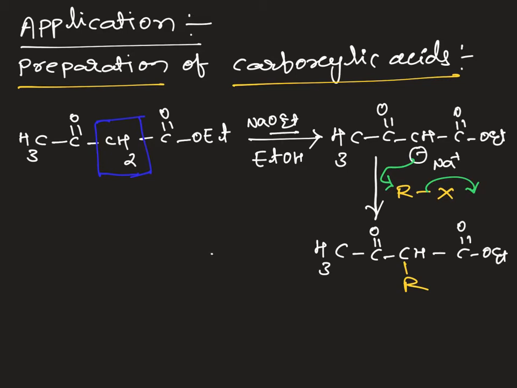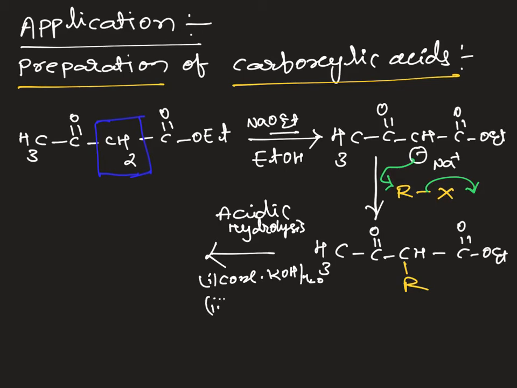And next step, if we require a carboxylic acid, what kind of hydrolysis do we have to use? In the last class we discussed that ethyl acetate undergoes two types of hydrolysis, ketonic hydrolysis and acidic hydrolysis. Here our end product is carboxylic acid, so we have to go for acidic hydrolysis. And what is the condition? Concentrated KOH, aqueous medium or ethanol. This is the first step.